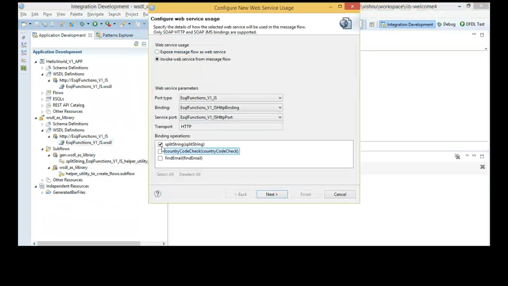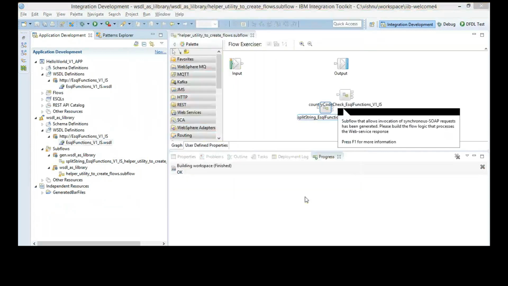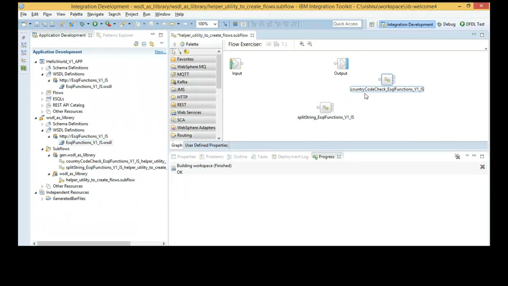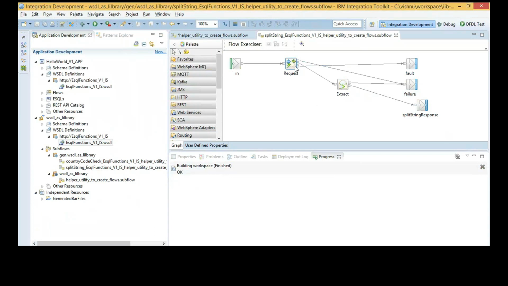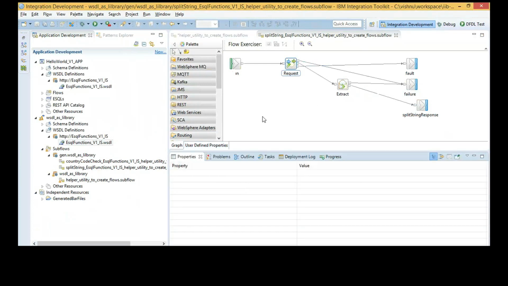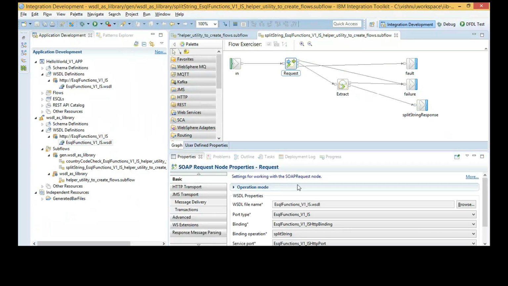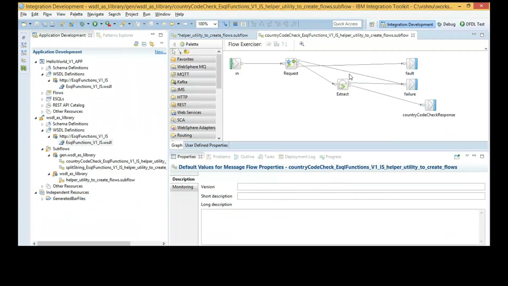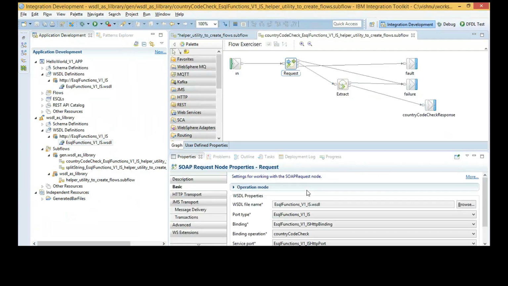Okay, let's also create the other operation, country code check. So the subflow contains a SOAP request node with all the properties selected properly: binding, port type, WSDL file, operation, and so on. The same goes for the other subflow as well.